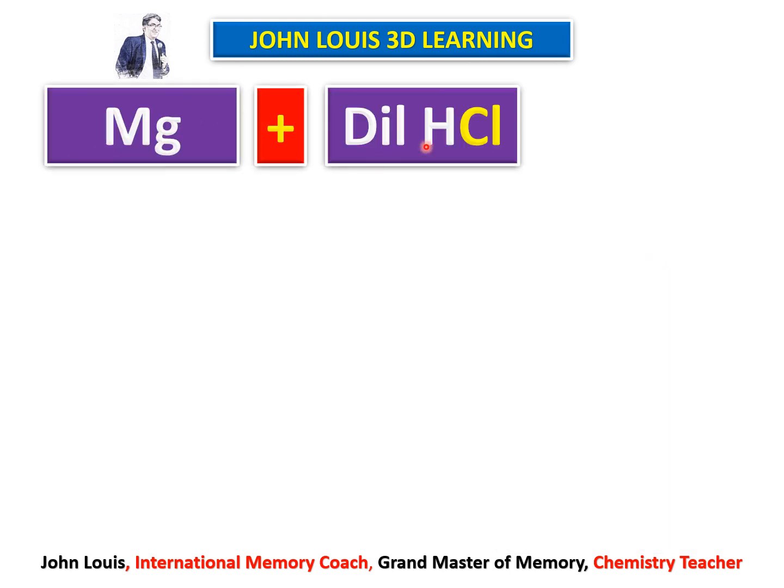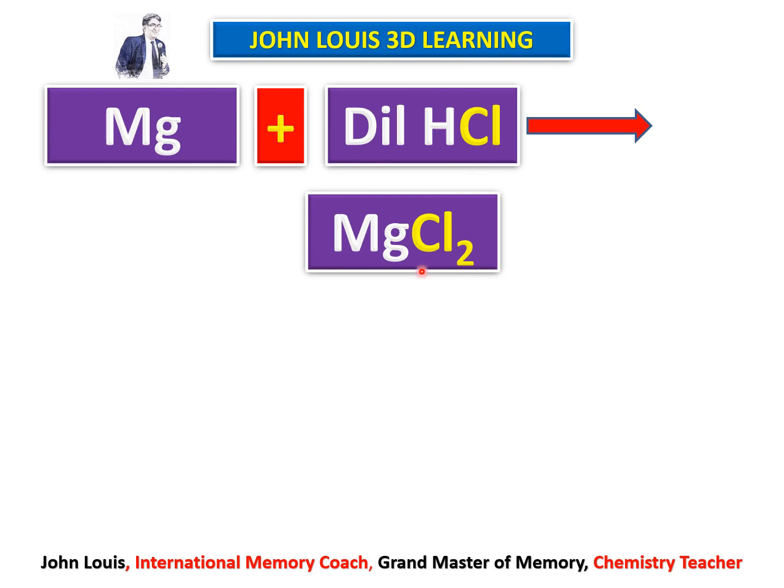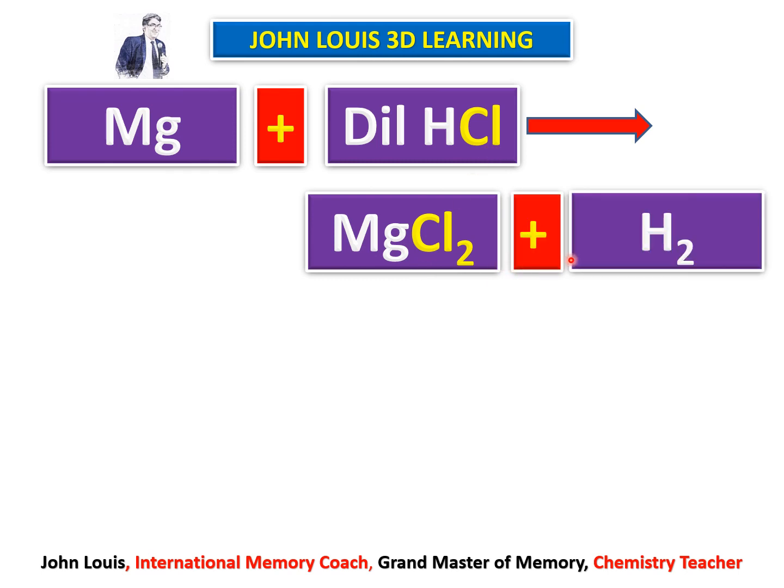Mg plus dilute HCl gives MgCl2 plus H2. See, if you do not know the basics of symbols and valencies, you will be memorizing this equation as Mg plus dilute HCl gives MgCl2 plus H2. So it won't stick. There is no meaning there. That is absolutely nonsense, isn't it? There is no meaning to it. We should know how to read that formula in words and how these products are formed, and everything we can understand only by learning to read it in words.